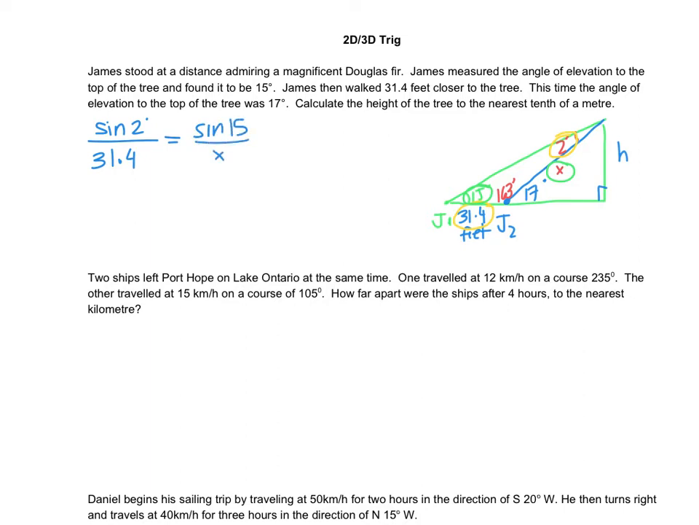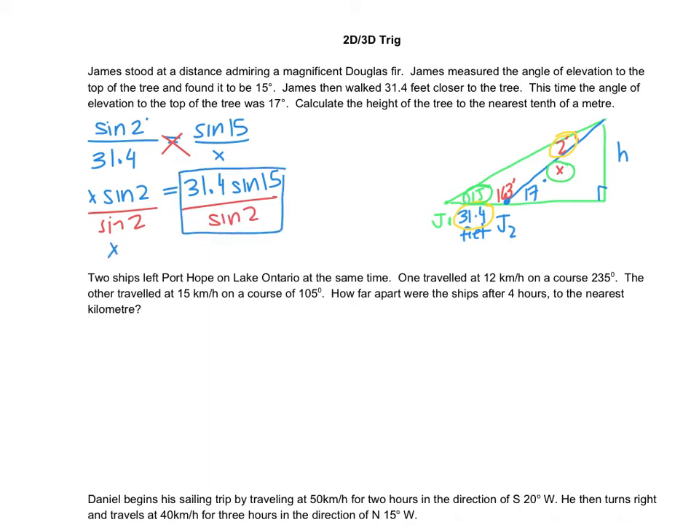And now we can cross multiply. x times sine 2 equals 31.4 times sine 15. And then we can divide both sides by sine 2 because we are trying to isolate for x. And then this is what you will plug into your calculator. And when you plug that into your calculator, you get approximately